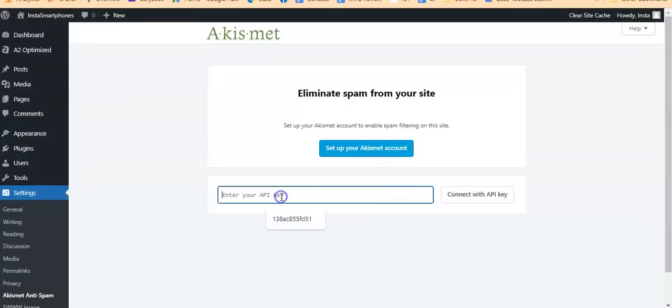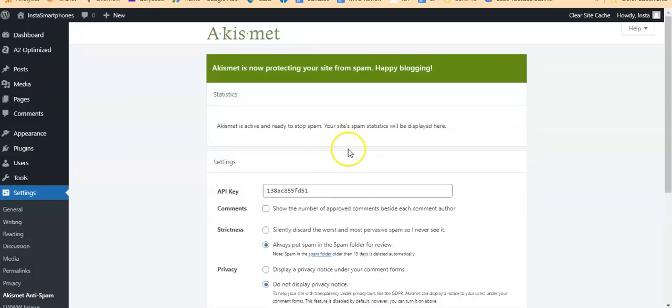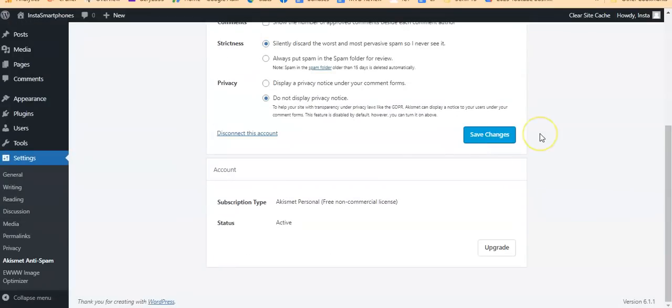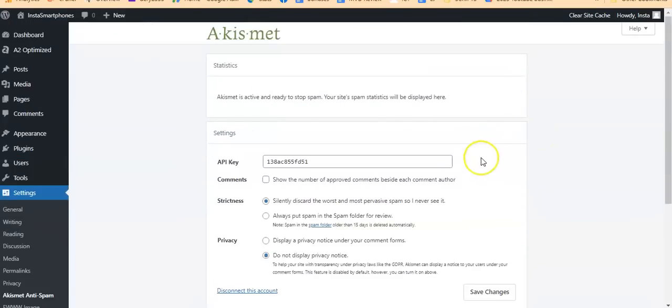Let me manually insert my key here. If you don't have an account, just click on set up and you are good to go. Nice one. Now we said we are going to run an e-commerce site, and we are going to also sell, what's the name, smartphones. So the next thing we need to do after disabling Gutenberg is to have our theme